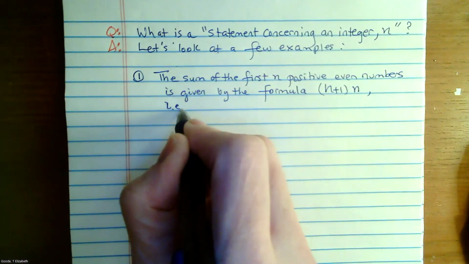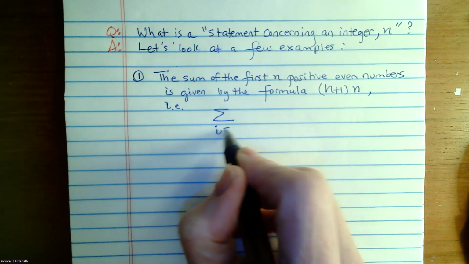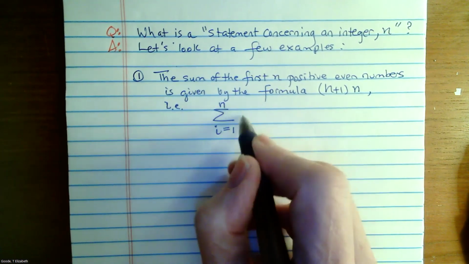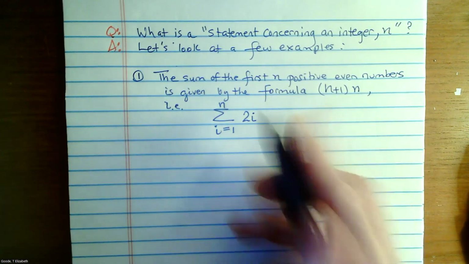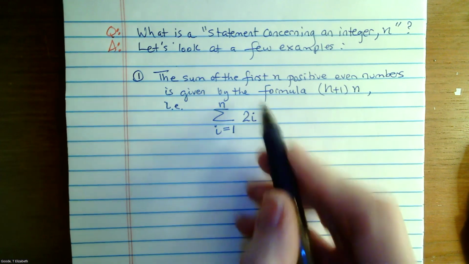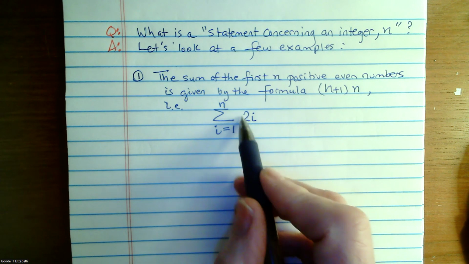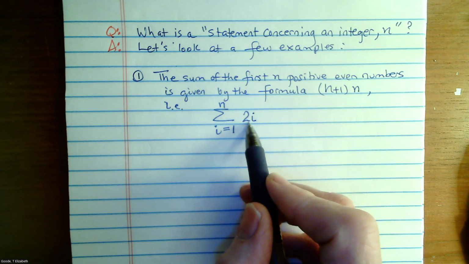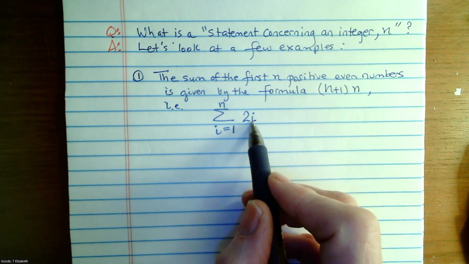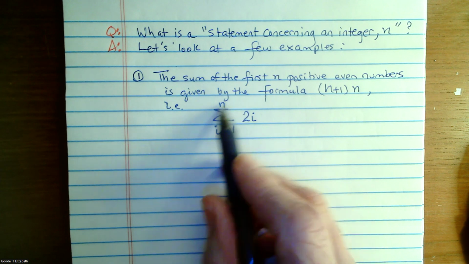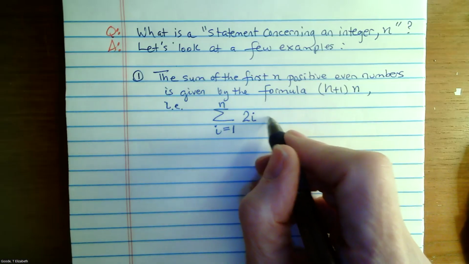In other words, if we write the sum from i equals 1 to n of the expression 2i, these are even numbers. When i is 1, and we plug in 1 here, 2 times 1 is 2. The first positive even number is in fact 2. Then when we plug in i equals 2, we get 4. 2 times 2 is 4. When we plug in 3, we get the next even number, you see? So this is an expression for the sum of the first